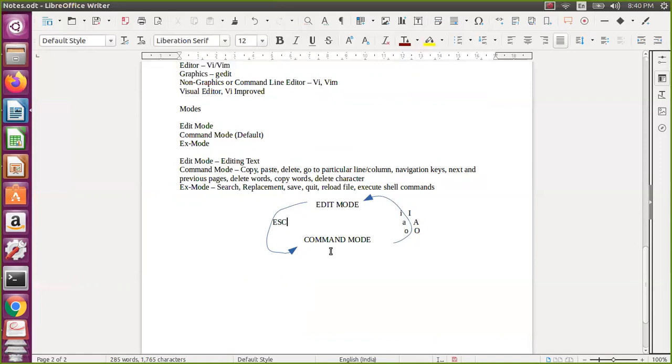Edit mode to command mode you do only with escape, but command mode to edit mode you can do in multiple ways. We will discuss each of these.